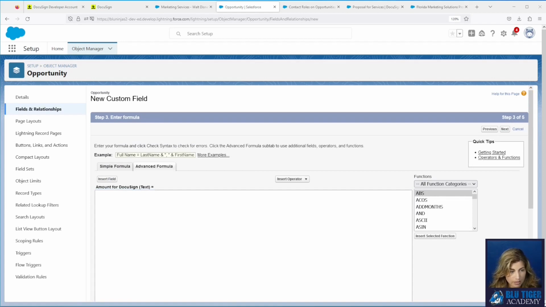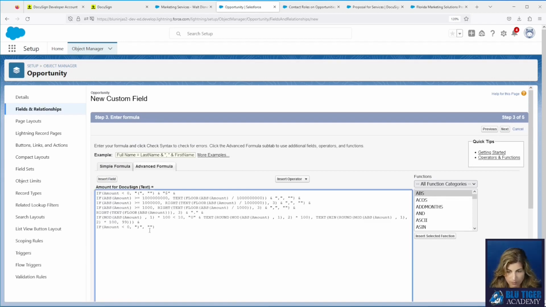Now the formula, I will paste this in the description below. The formula that DocuSign has does not support millions. So yeah, it only goes up to 1 million. So if you go up to the millions or billions, you'll need to use this formula.